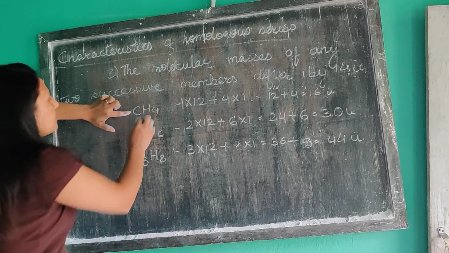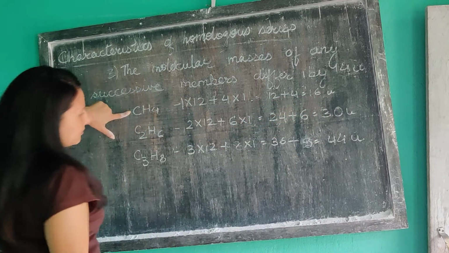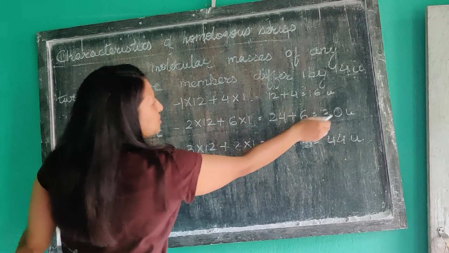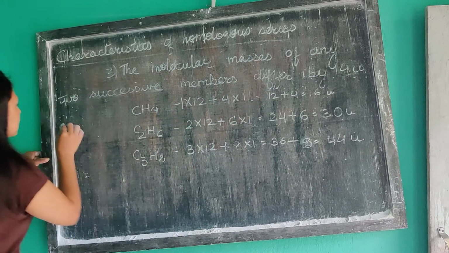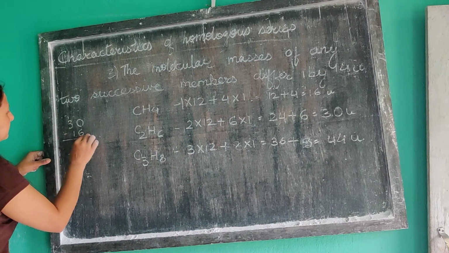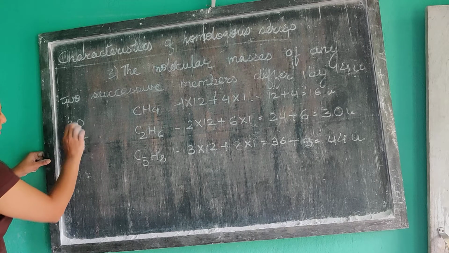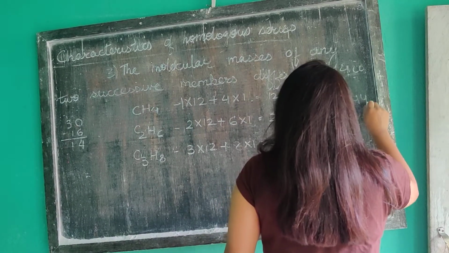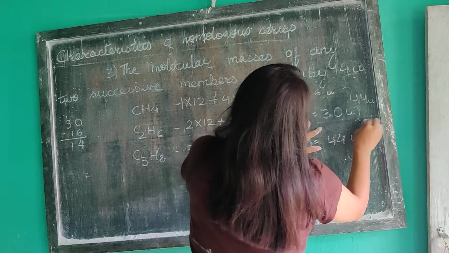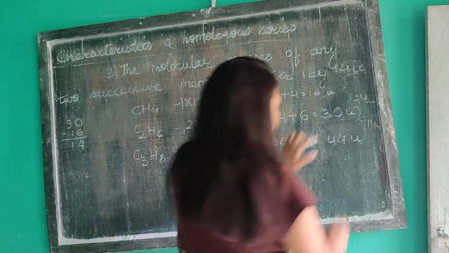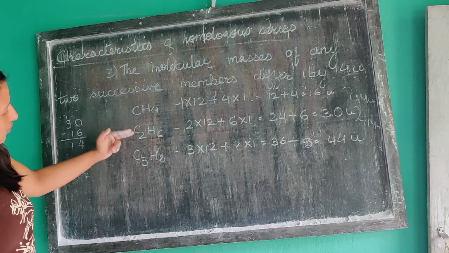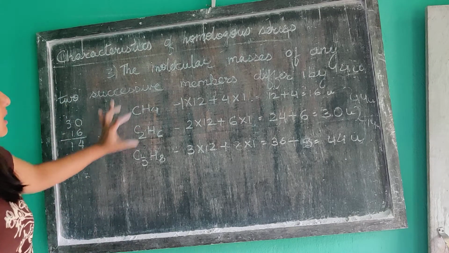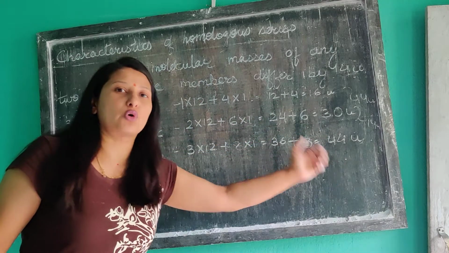So let's look at the first ones. The molecular mass of methane is 16, and of ethane is 30. If we take the difference of these two, 30 minus 16 will be 14. So the difference between these two is 14 units. Similarly, this and this, 44 minus 30 will be 14 units. So in this way, if you keep on moving down the homologous series, every successive member's molecular mass differs by 14